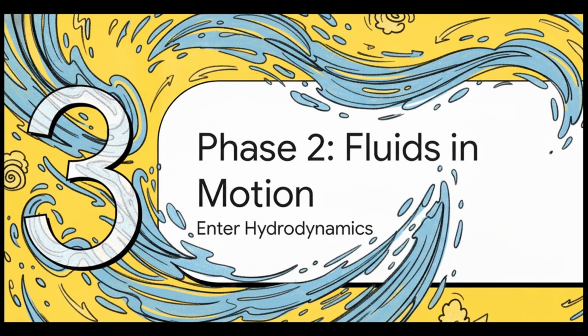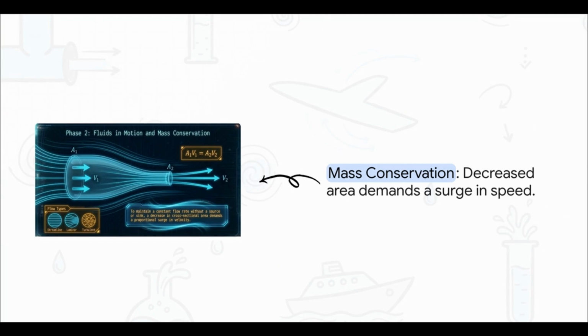Section 3. Phase 2. Fluids in motion. Let's inject some energy into this. We start with the principle of mass conservation. In an enclosed pipe, your flow can be smooth and laminar or chaotic and turbulent. But regardless, fluid cannot just vanish into thin air. To maintain a constant flow rate without losing mass along the way, any decrease in a pipe's cross-sectional area demands an immediate proportional surge in velocity. That is the famous A1V1 equals A2V2 rule. If the pipe gets twice as narrow, the fluid literally has to move twice as fast to push the same